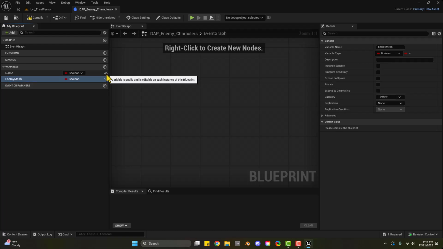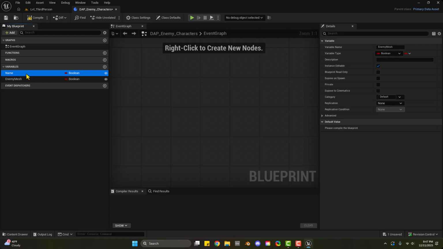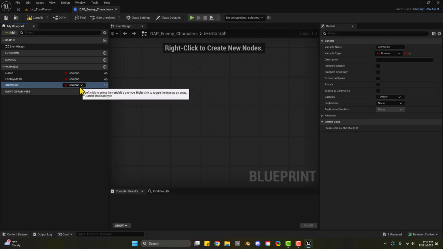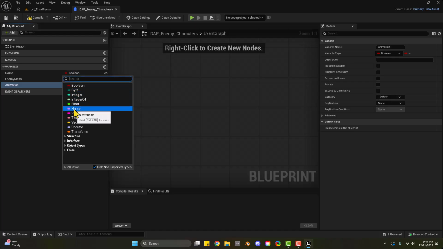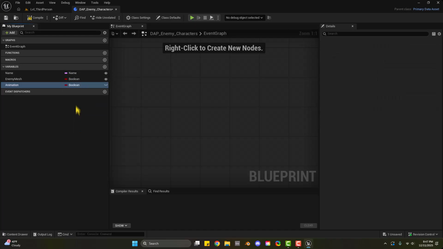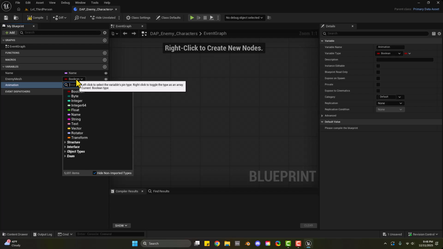Let's click on these to make them public. When you click on them, it says variable is public and editable on each instance of this blueprint. Okay, so we have a name, we have this, and then I think I'm gonna try, maybe not today, but let's add an animation. Maybe we can make them idle or something. And for the name, we will go to name, enemy mesh. Let's go to,